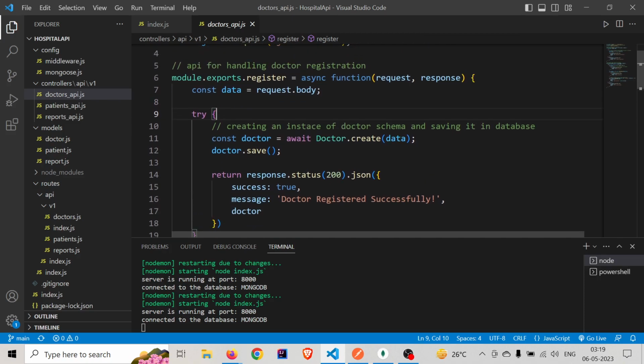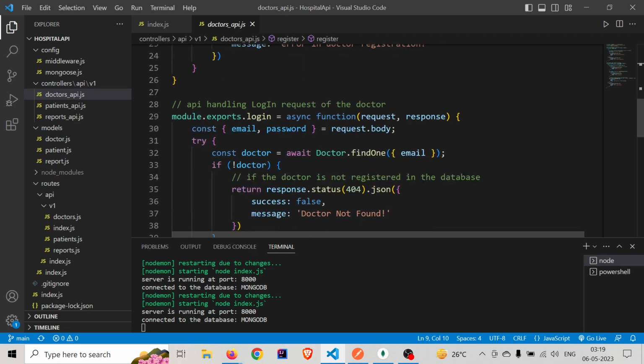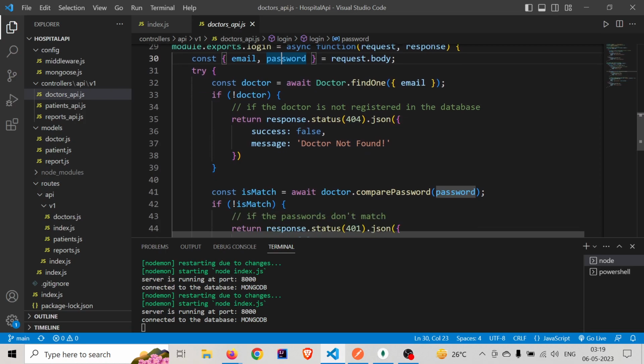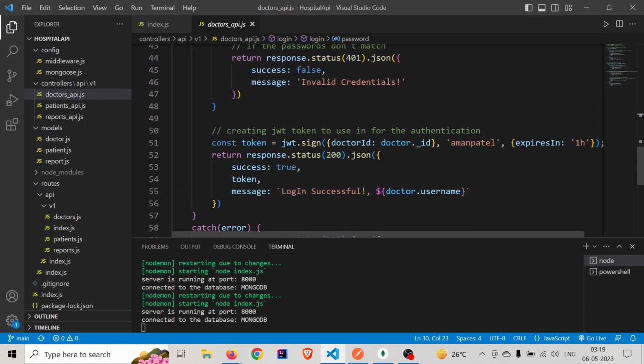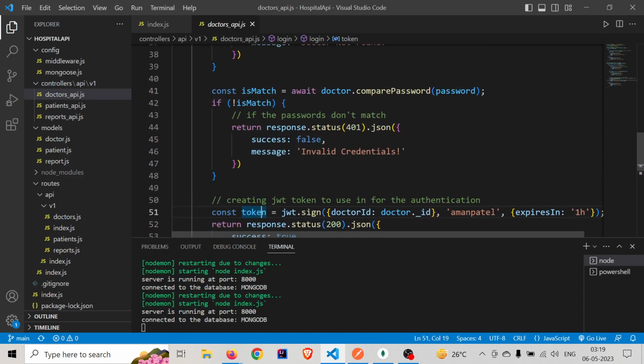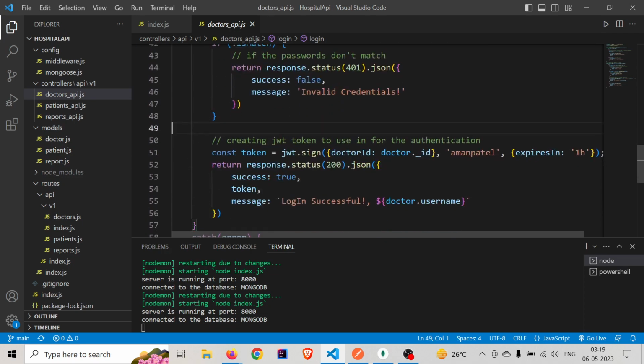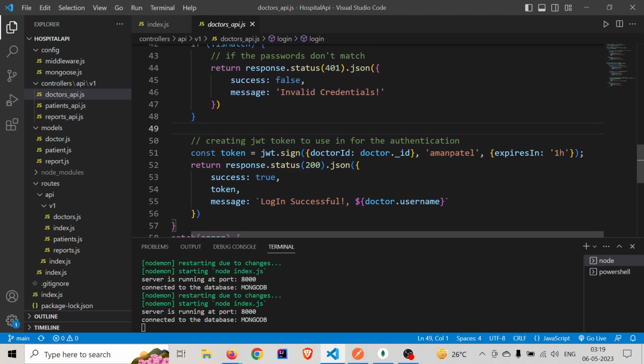The second function is login. This function will handle all the API requests for logging in the doctors. Once the doctor exists in our database and the password has matched, we create this JSON web token, which will be used for the authentication of different APIs.